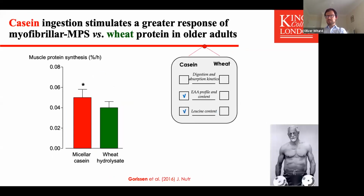And this recent study compared the response of protein synthesis rates under just resting conditions to the ingestion of micellar casein versus wheat ingestion. And this, again, was in a cohort of older adults under resting conditions. And wheat protein was chosen in this study since wheat is the most abundant plant-based protein source in our diet,